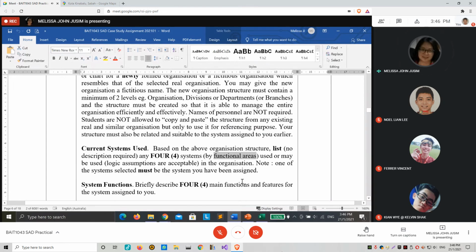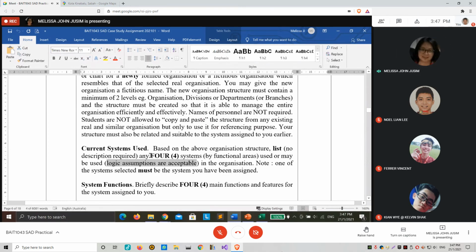So throughout our weekly case study, as long as it's logical, even though you're making assumptions and it's a fictional company, it is acceptable. It must be logical. One of the systems selected must be the system that you have been assigned.